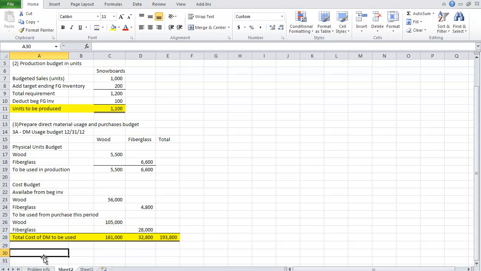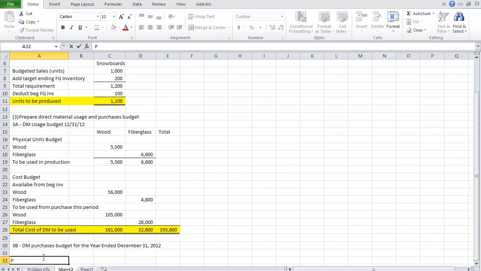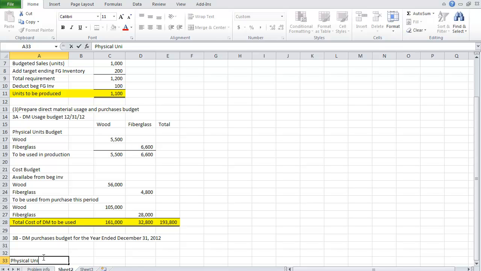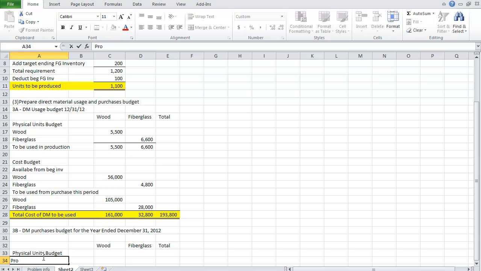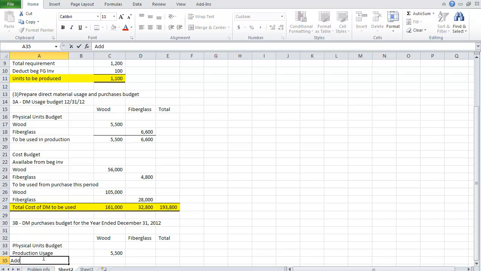Let's look at schedule 3B, which I'm going to call the direct material purchases. Again, let's start with the physical units budget. We have this for wood, we have it for fiberglass, and then we'll have a total. So we're going to start with production usage that we calculated above, and we're going to pull up the 5,500. That's where we'll start. Then we're going to add the target ending inventory,